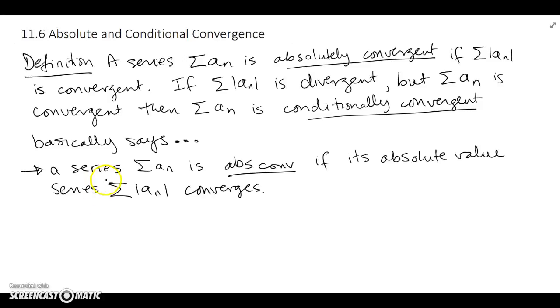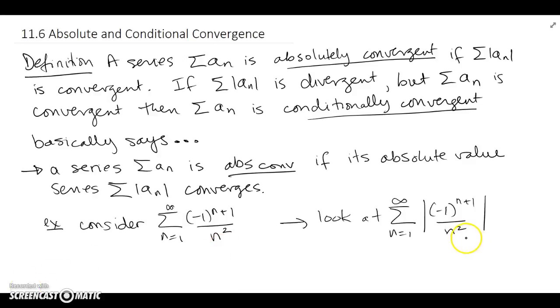So here's one thing it says. It says a series is absolutely convergent if its absolute value series, if the corresponding series with all positive terms, converges. This is one thing it says. For example, let's look at this series and see how this one statement makes sense by itself. It's an alternating series, and I can force the terms to become positive by taking out the negative and taking the absolute value of everything. So I look at it with absolute values, and I basically get a new series that's different from the original one because it only has positive terms.